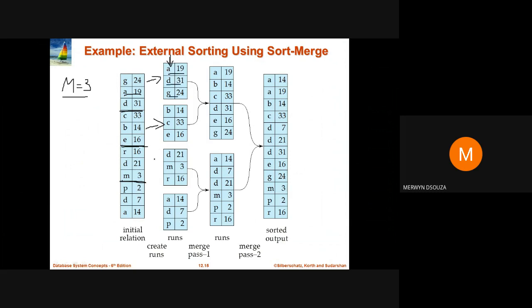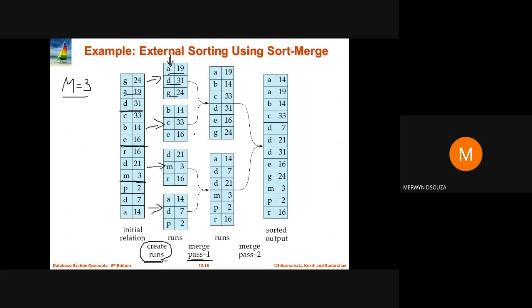So the same thing is done for all of this. We do the sorting. Okay, so this is known as a run. We are creating a run. We are fetching the data into memory. Once the data is fetched into memory, now in the second step, or you can say in pass one, we are going to start merging the data that was sorted during the first run.